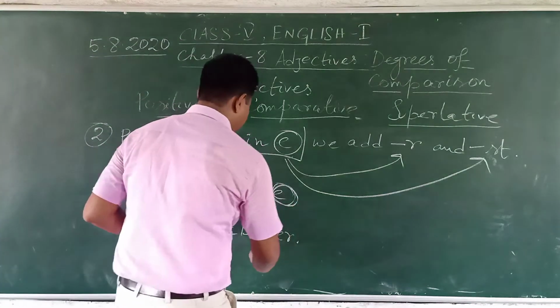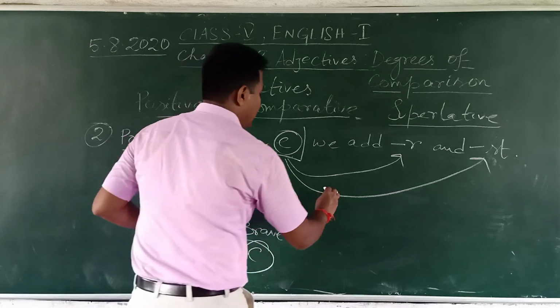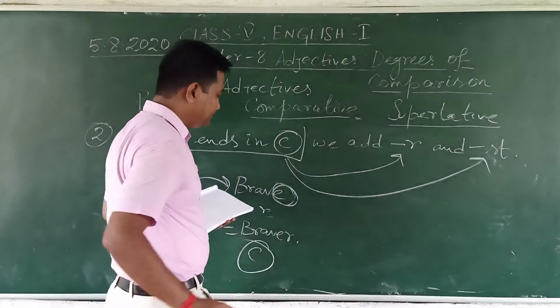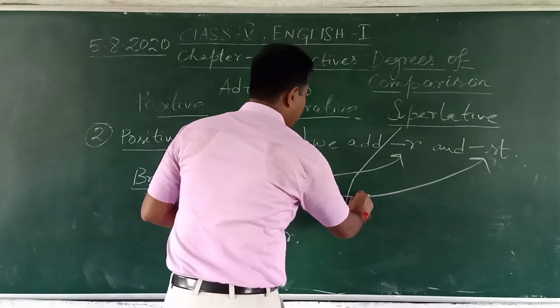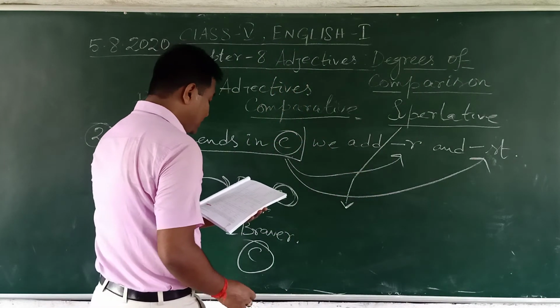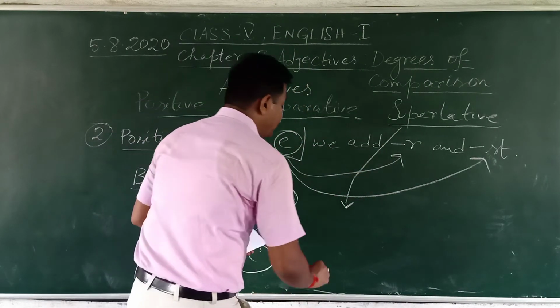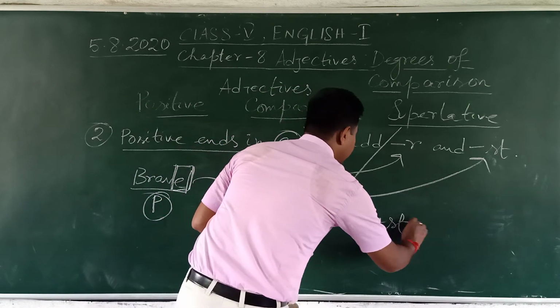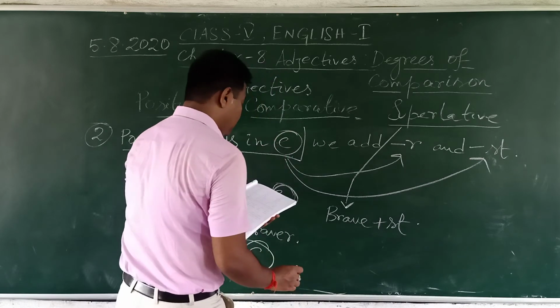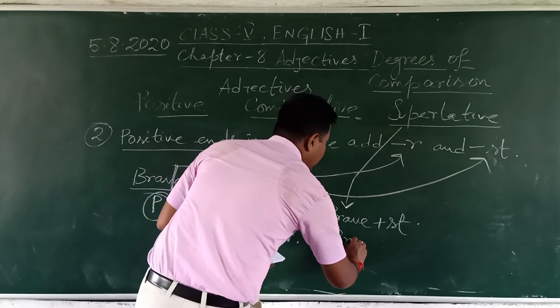Another one, ST. That is the superlative form. This one is the comparative form. And when we are moving towards this superlative thing, what to do in that case? Superlative means bravest. So brave plus ST. What will be the solution? There will be a brave,